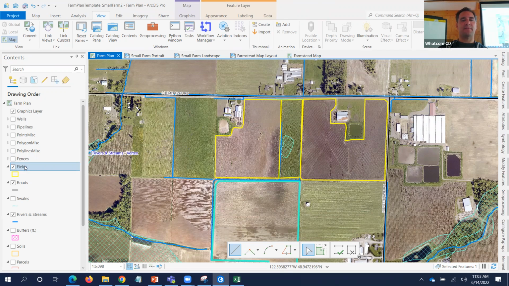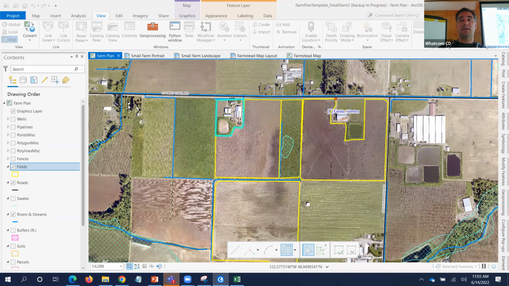So now I've got my fields, but I do need some farmsteads. And so I'm going in here and putting in my farmsteads. I'm not being terribly precise with this, but let's say I wanted to, let's move that back up. I wanted to create farmstead 2 right here, and I don't want to do clickety click all over the place. I'm going to click once and